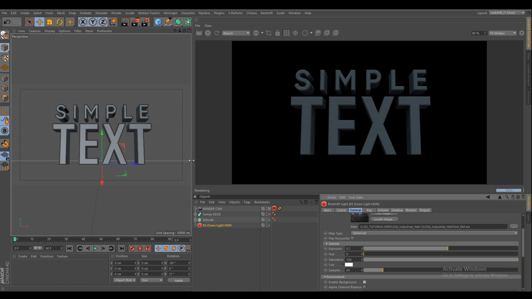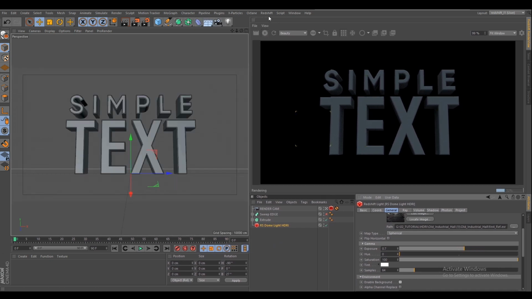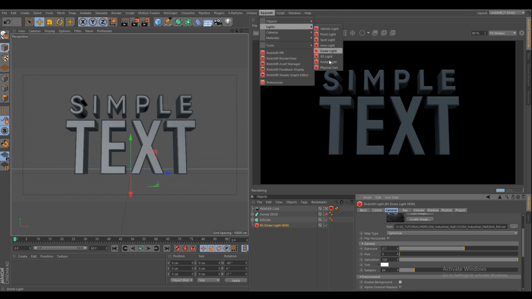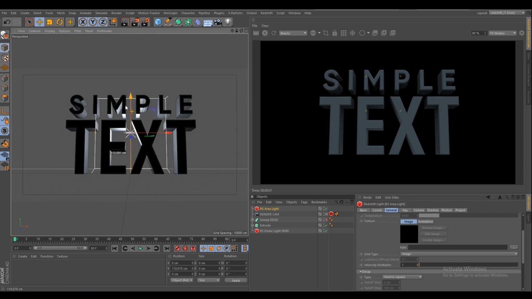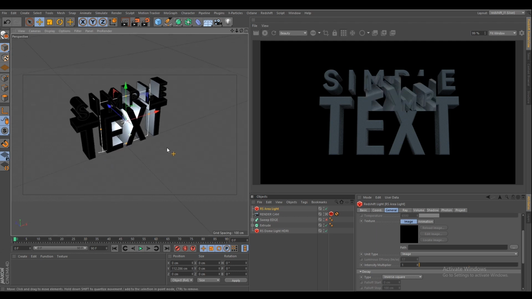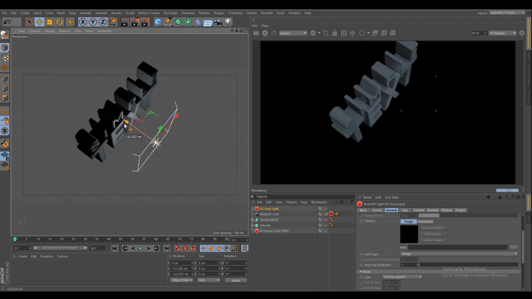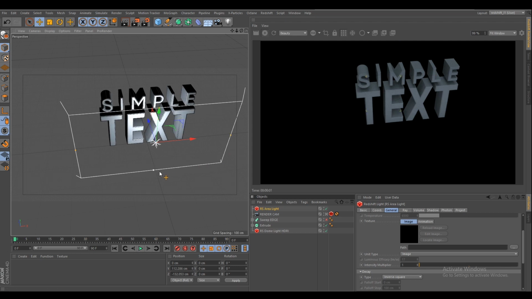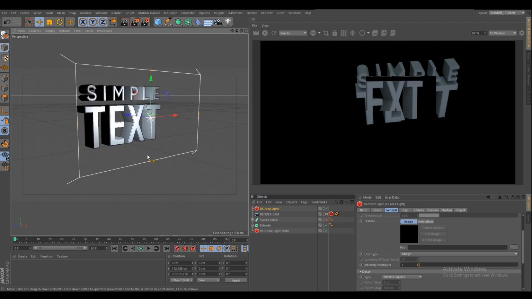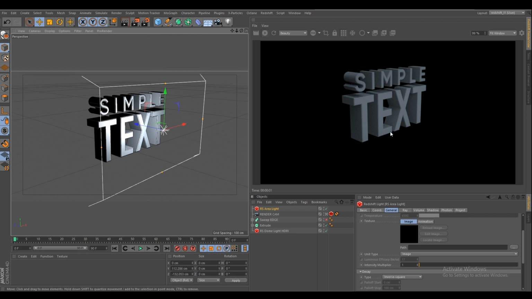Now it's time to place some lights. Light, area light. As you can see, camera, default camera. As you can see, when I'm moving the camera, this IPR window of Redshift is automatically updated.